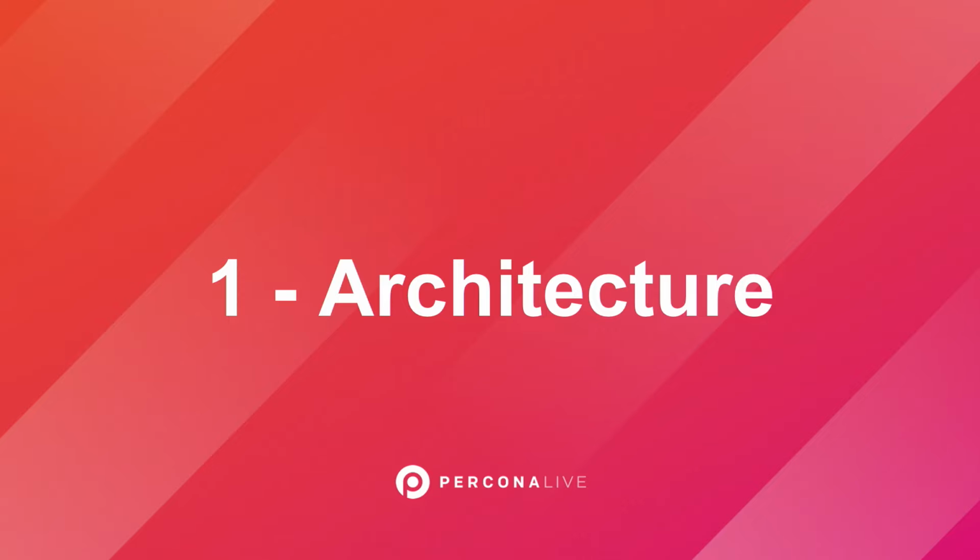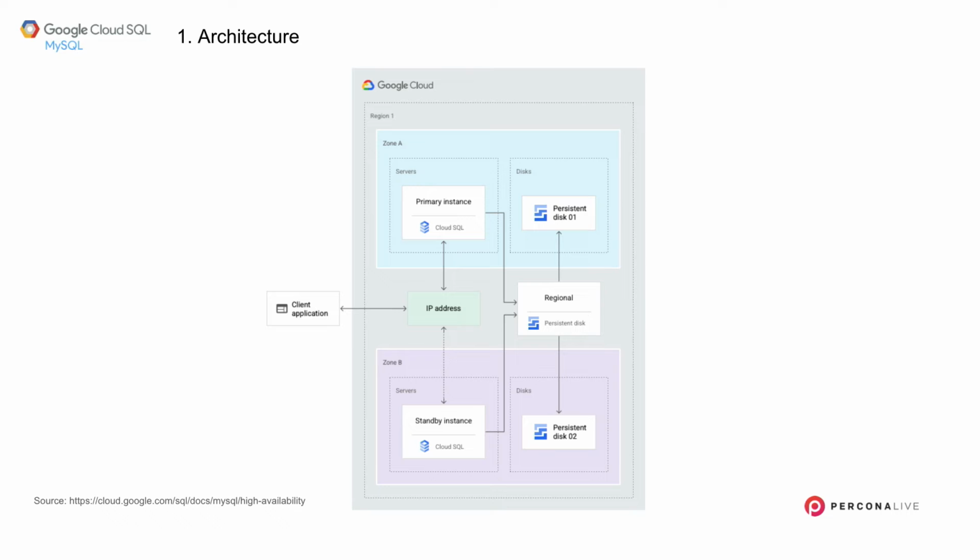When it comes to architecture, for those of you who are not familiar with Google Cloud SQL, I think that RDS is pretty similar. It's maybe a bit too light here, so sorry for that. But in general, it's pretty simple. You will have a primary instance that runs on some virtual machine in Google Cloud, and you will have some standby. And this standby does not run the database process continuously. It is placed in another zone, and they will use regional disk. Regional disk means it's actually a disk that is replicated in multiple zones.